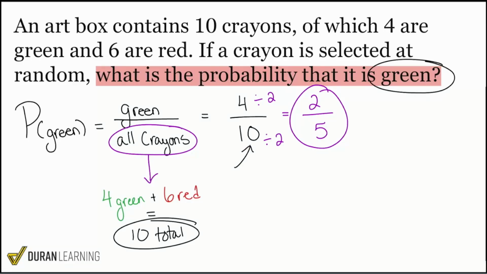I know it's definitely easy to get caught up here and think that, oh wait, it's 20 because we have 10, 4, and 6. Not quite. Here it was 10 total. They're just describing what the contents of that 10 are. So with that, I'm going to end the talk on the simple probability